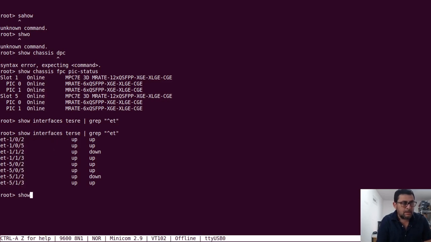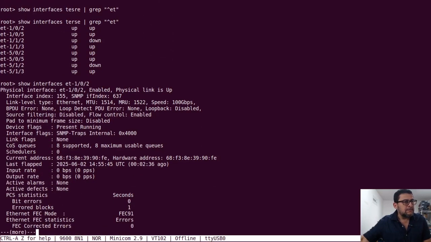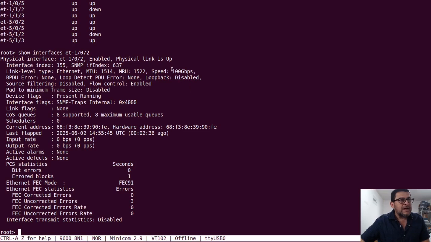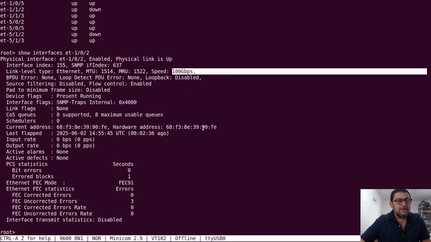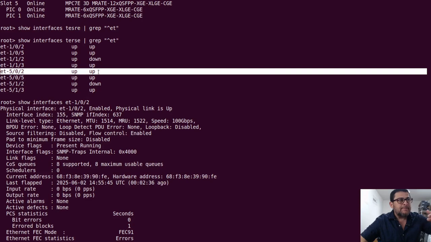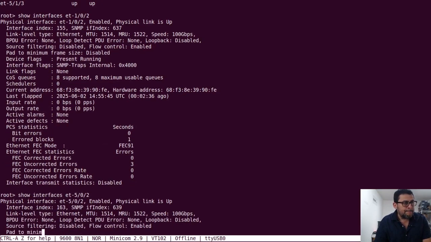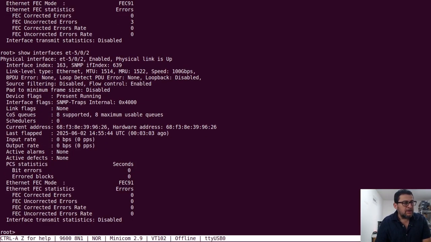Copy, show interface, paste. Right there we have 100 gig on that interface. So we changed the default, which is 4 by 10 gig, to 100 gig. Let's check the other one, which is this one right here, the other part of the FPC, FPC 5. 100 gig. So let's check